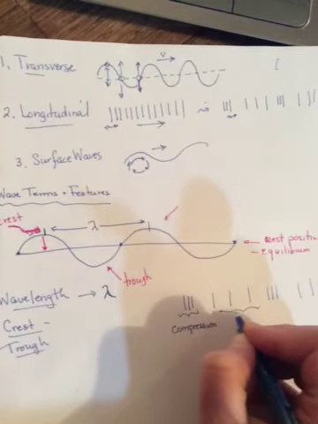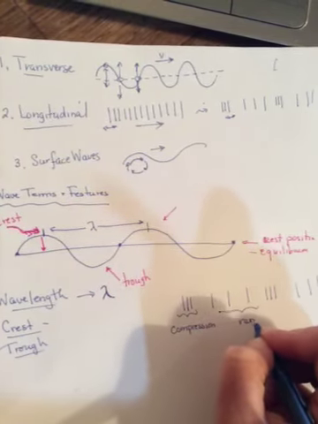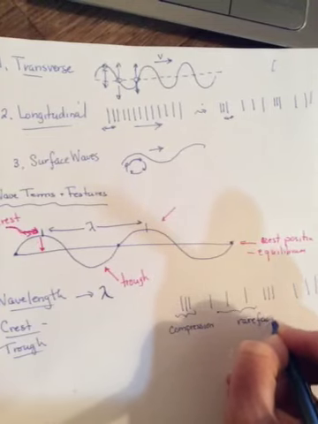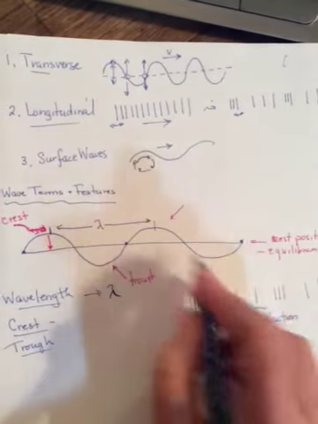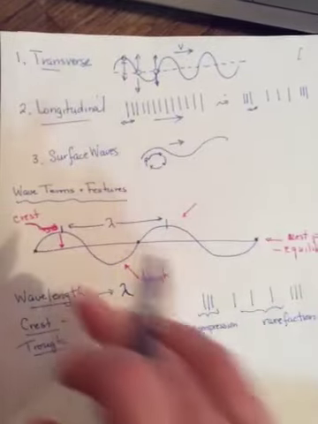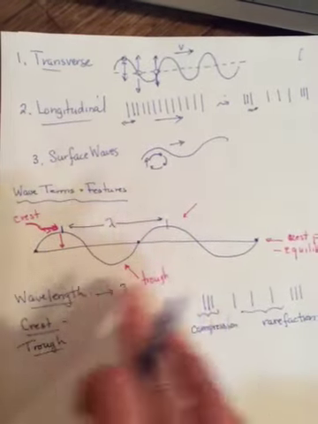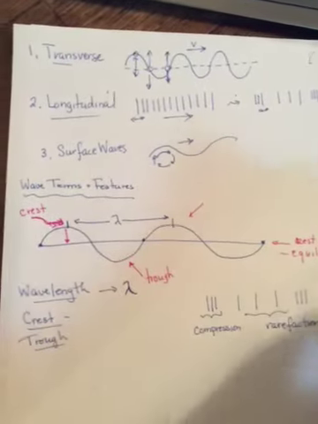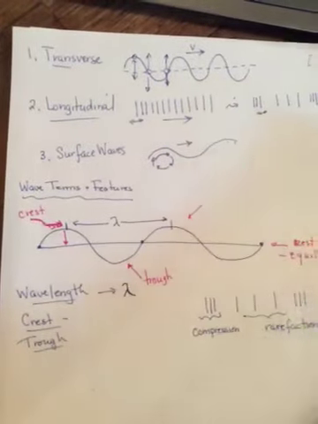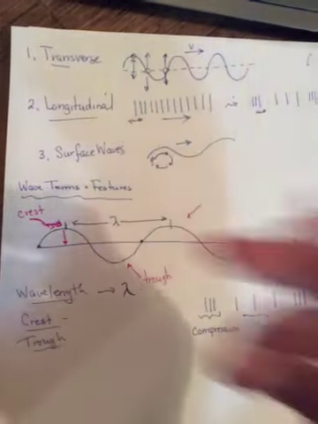and points where the molecules are far apart, and this one you wouldn't have heard of before. It's called a rarefaction. So they kind of parallel the crests and troughs for a transverse wave. Okay? The other thing that I actually drew over here and then stopped myself when I was going to indicate